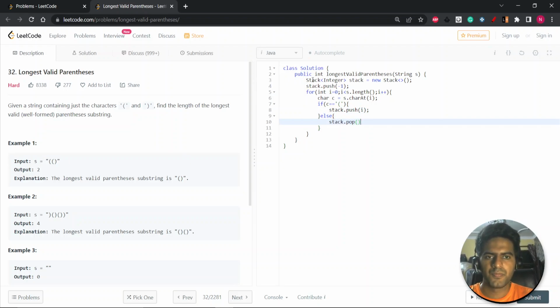and if your stack becomes empty, if the stack is empty, just push the current index. So stack dot push(i),